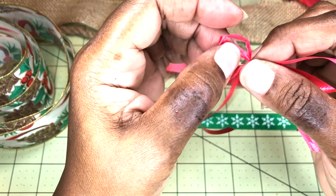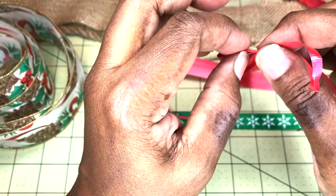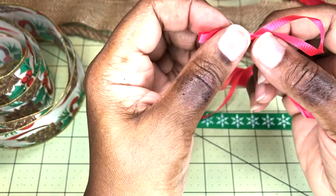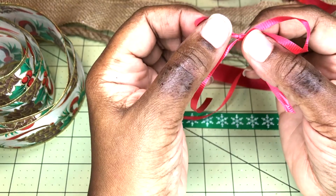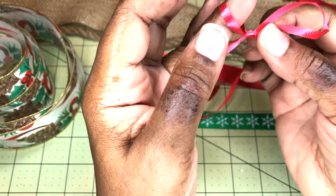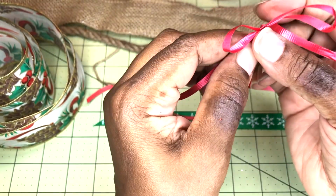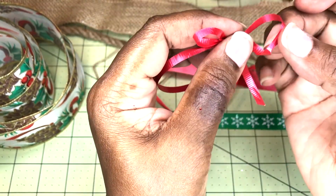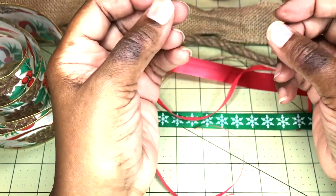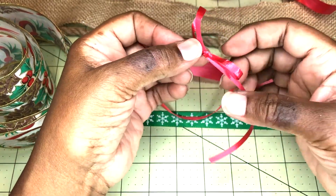So again, you can see this would be a difficult material to work with, but you can get a nice little tiny bow if you need one. There we go. So again, when you're making your bows, you got to shape them up. So I actually squeezed this one. So I got both my loops about the same size,